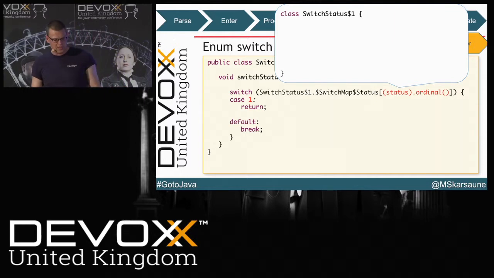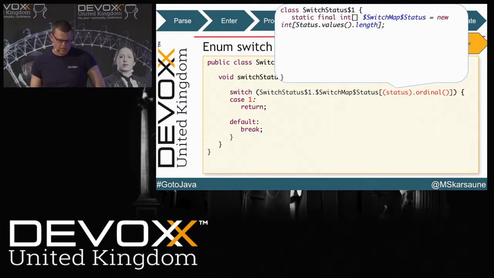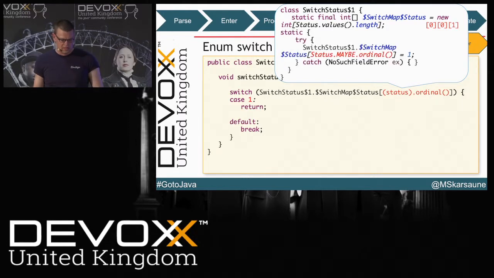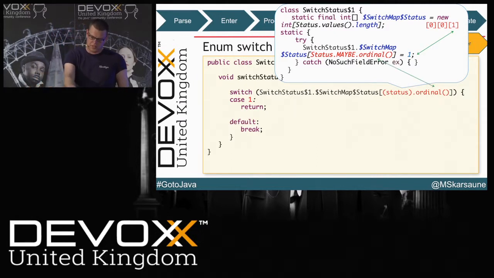It generates a helper class for this switch statement here. It will declare a sort of lookup integer array with enough place for all the values of this enum, so it's initialized to zeros. And then we see in our case we used the value maybe. So it will then, in a static block, set up that in the ordinal position for maybe. It puts in the number 1. And then from the switch statement, we can go through this lookup and use this value